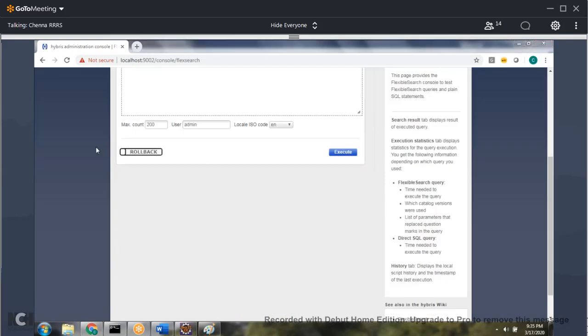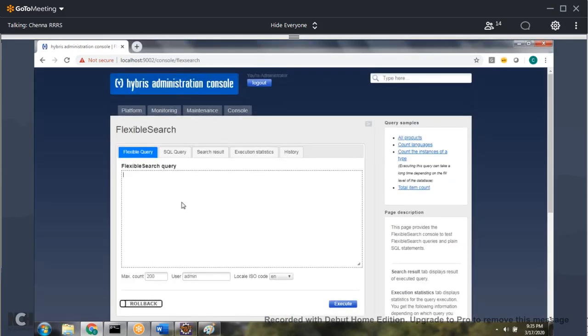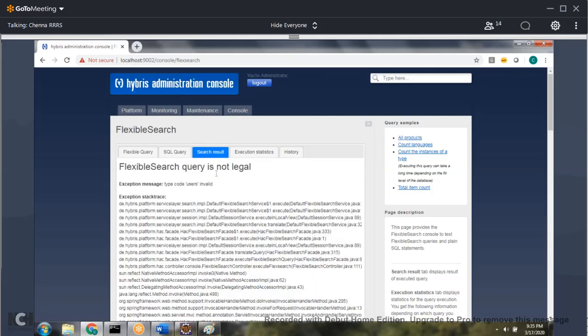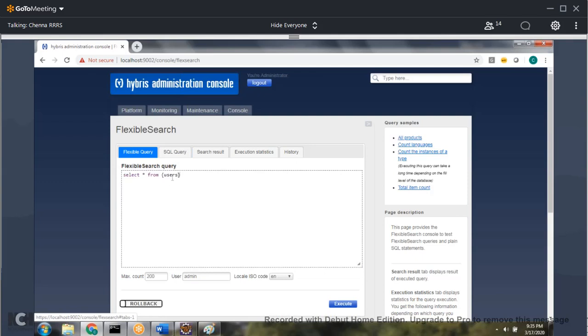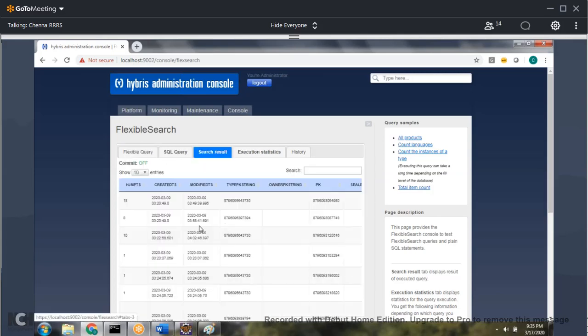In flexible search queries, you can say select star from. If you say users, then it is wrong and you will get an error. If you say user, then you get the results. That's why I'm saying for Hybris purpose, use the item type.